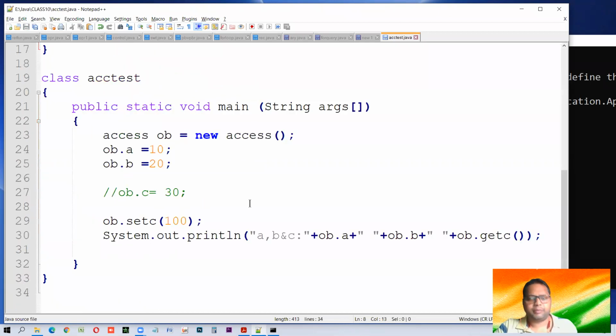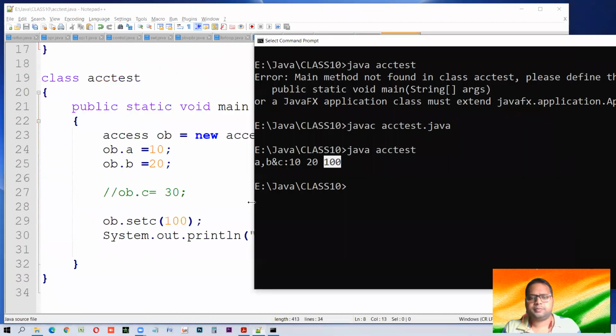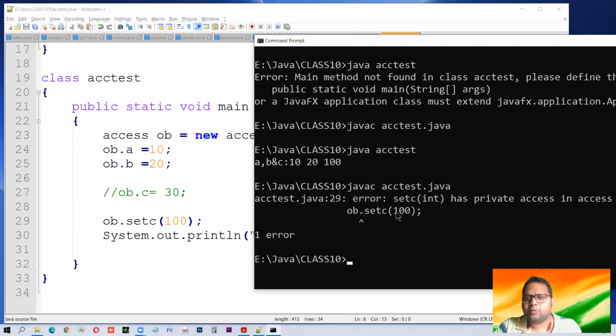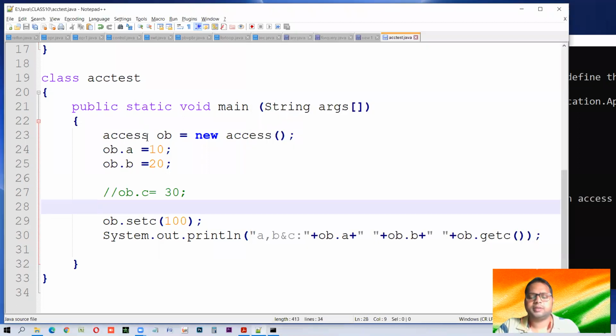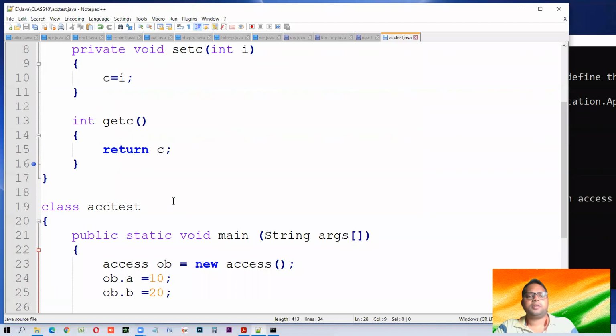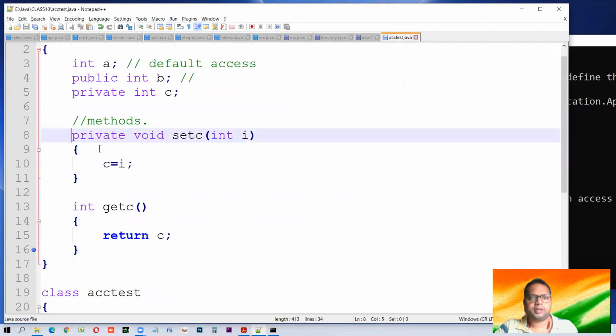So what will happen? Let us see. As expected, setC has private access, so it cannot be accessed from this class. Yes, this is what happens. So we have to make it private, and let us see what else can be done.